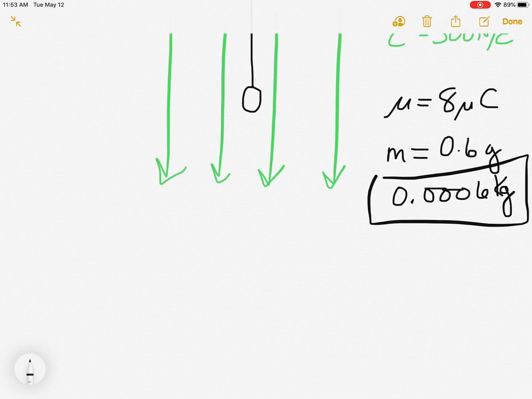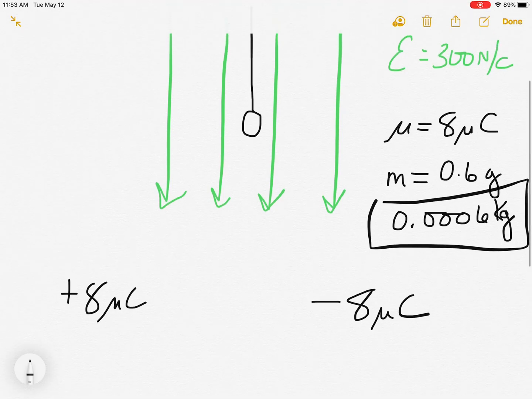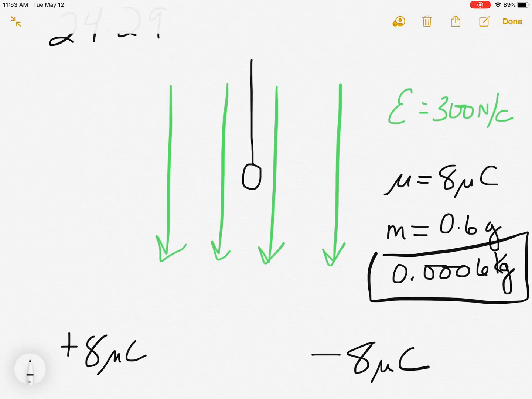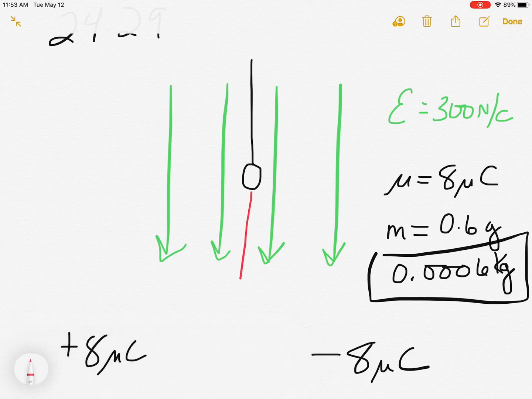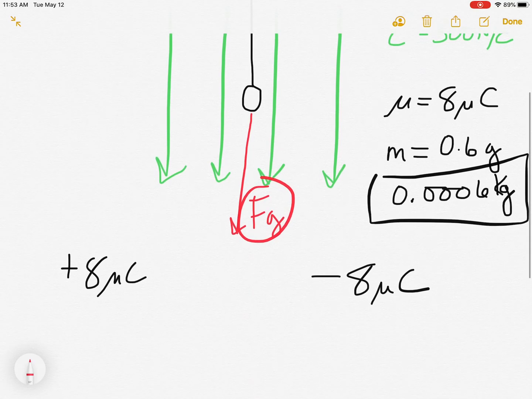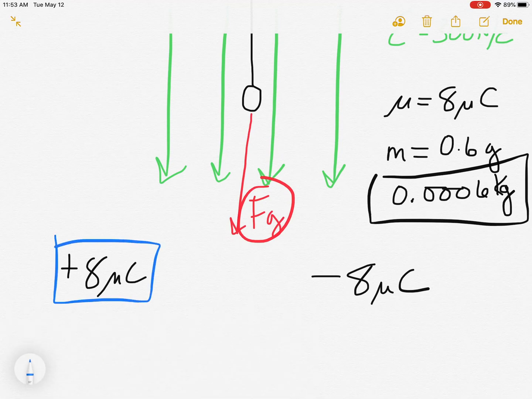And the question then says, what is the tension in the thread? If A, we have a positive field, if the charge is positive, okay? So the first case is going to be plus 8 microcoulombs, and the other case is going to be minus 8 microcoulombs. Well, let's see what that does, right? Let's just look at our picture. A plus 8 microcoulomb charge, well, we can put our force of gravity, which won't change. So there's a force of gravity pulling on this object,